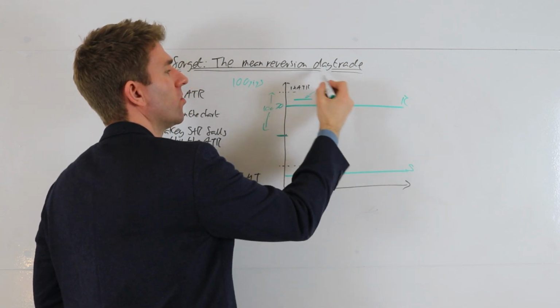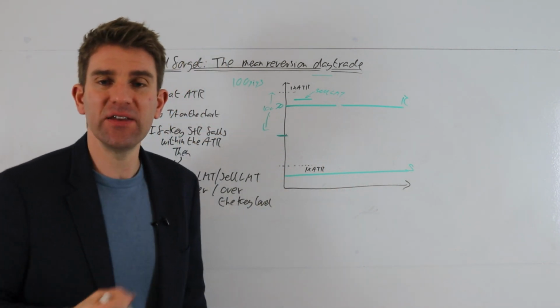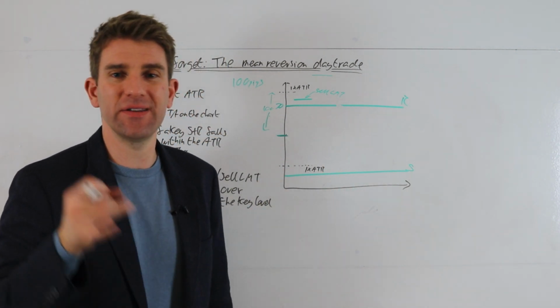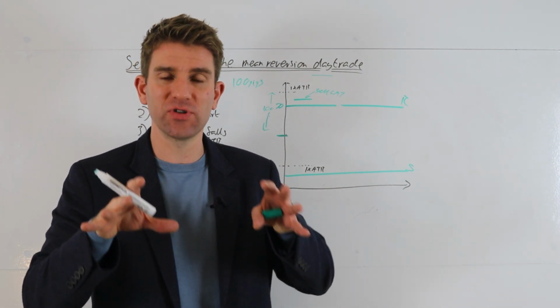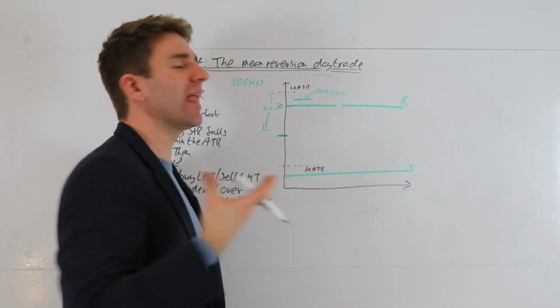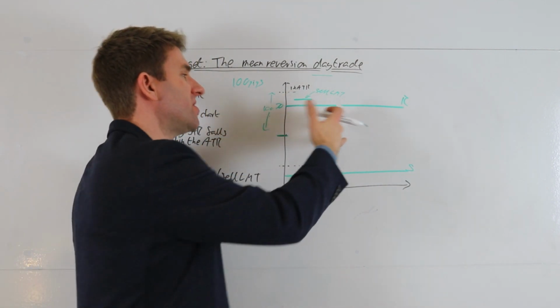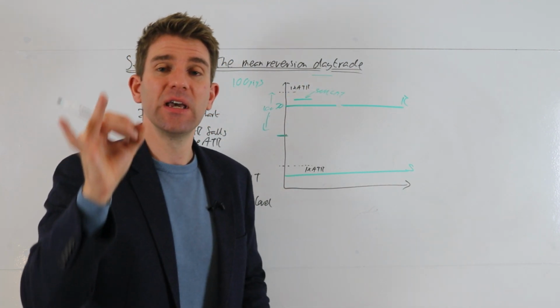And you're going to have an if-done order, a stop order, say half of the ATR or a quarter of the ATR. This is up to you to play around with. I don't want to force too much risk management onto you, because ultimately it's very personal, but something like that. Now, depending on where the resistance is as well, you might want to put it above the ATR. You might want to play around with it,